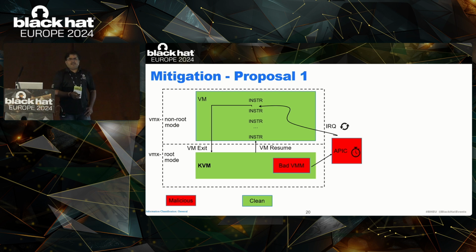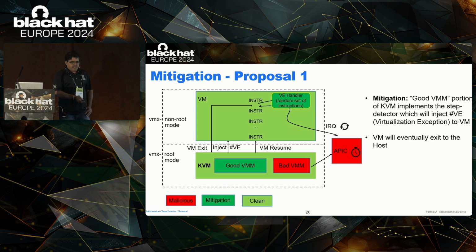Once we proved that this is a valid attack, we had to work on the mitigation as well, and we came out with two proposals. We started with the first mitigation, which was implemented with the help of the good VMM and also a VE handler, or virtualization exception handler, running inside of the TD. That means whenever the good VMM detects that the given VM is under step attack, it will send a notification to the VM saying that you are under attack, so you have to manage this virtualization exception. Then the VM will run this VE handler, which is essentially running some arbitrary random instructions,